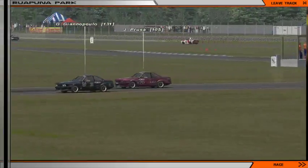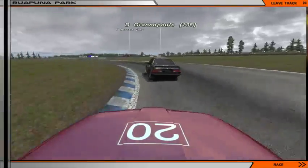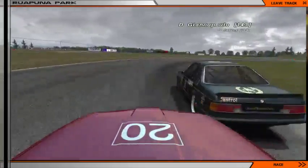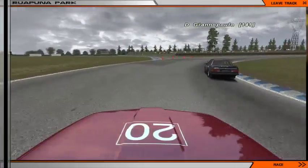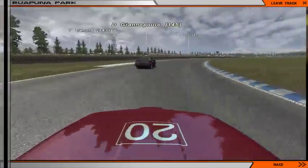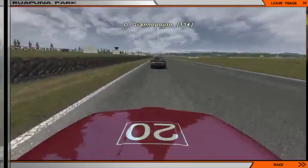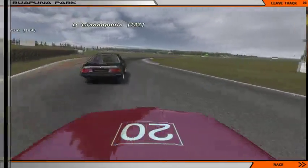A little bit of contact there. That's a very impressive move by Dimitris, but also very dangerous. Good job by Jan for leaving him the room in case Dimitris wouldn't have been able to stop. Let's see if Jan can...